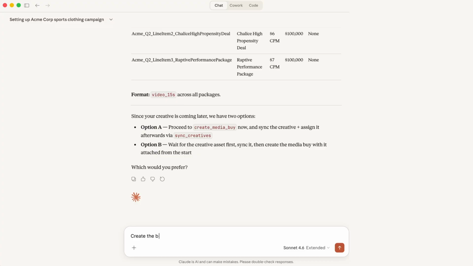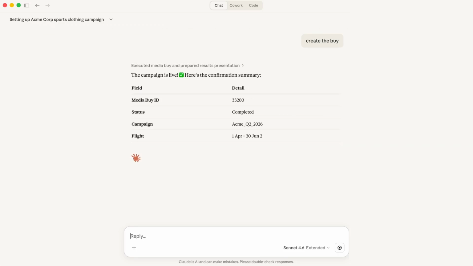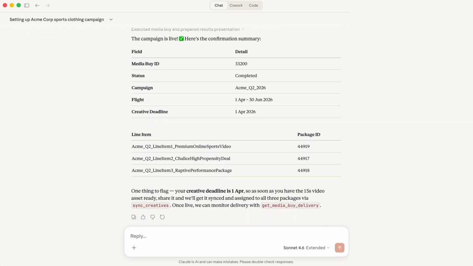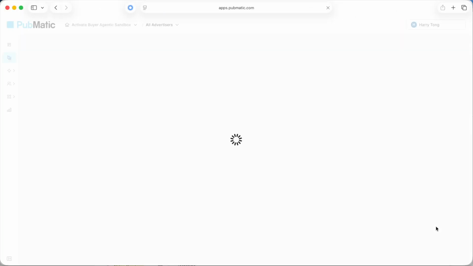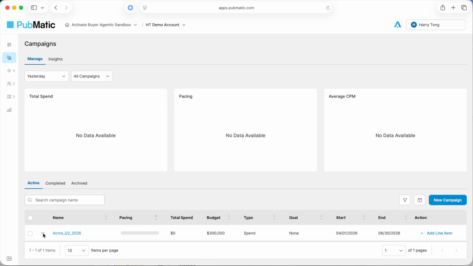buy. The create media buy function has now been engaged and the campaign has been pushed to PubMatic's platform. But what is really valuable from a buyer perspective is that the journey doesn't have to end here. I'm now able to switch into PubMatic's UI for full visibility into the campaign. As you can see, there are no campaigns currently, but if we refresh, our campaign is now there. We can see the 3 line items, the